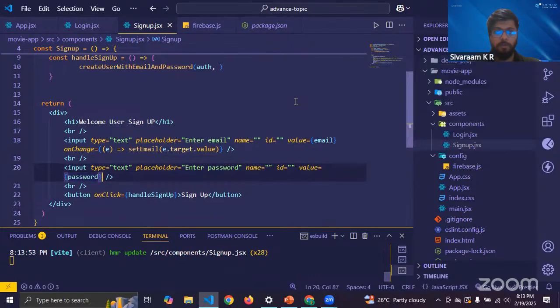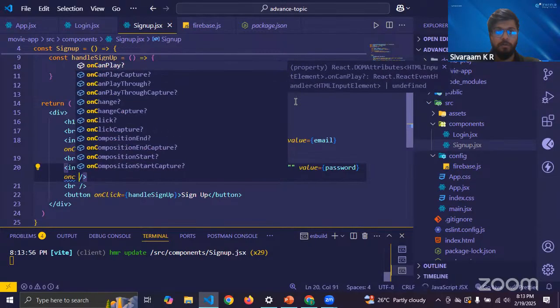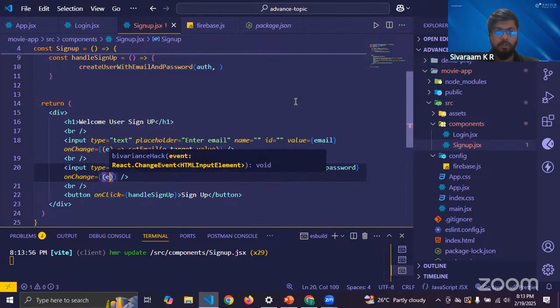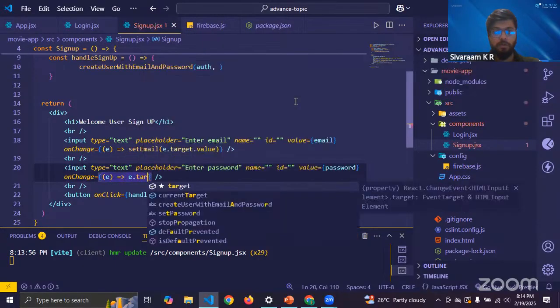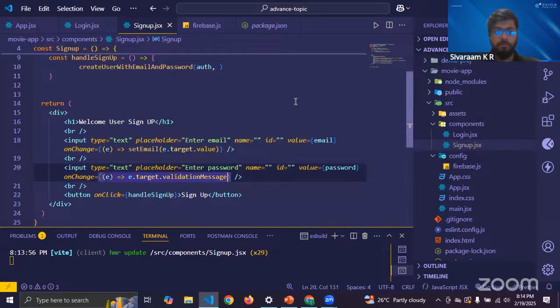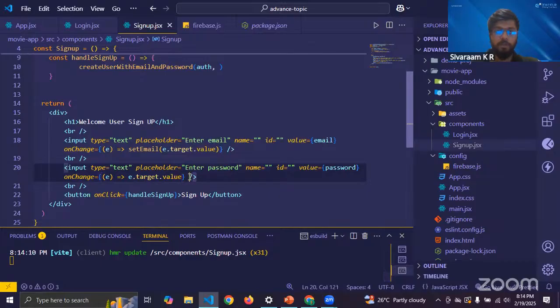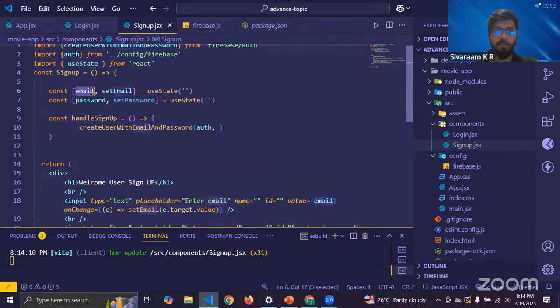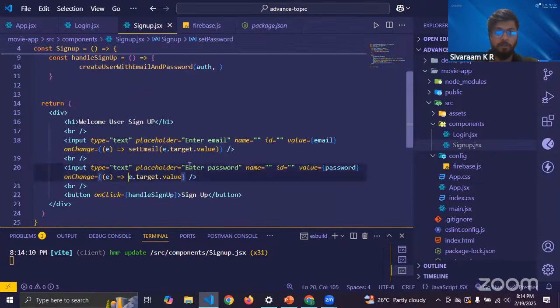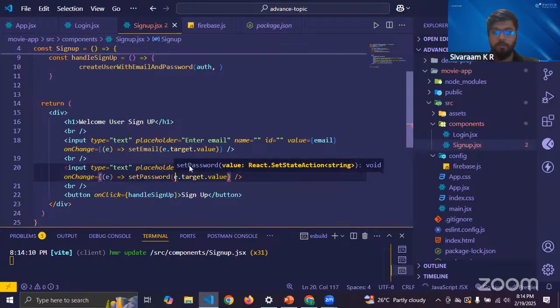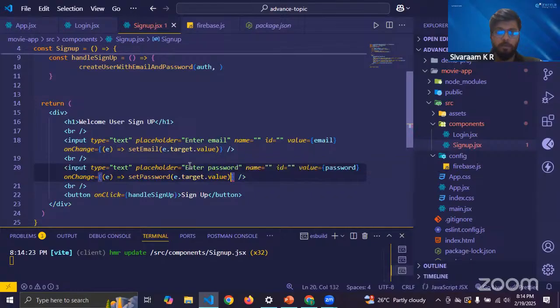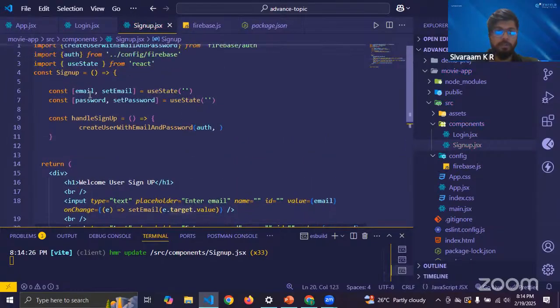Password, and then on change event e.target.value. Yeah, sorry, it should be value. Once this is done, whatever I enter inside my input, I can access it inside my states. Sorry, I need to set password here, setPassword. So now once this is done, I can successfully pass the states inside my createUserWithEmailAndPassword. So how to do that? Email,